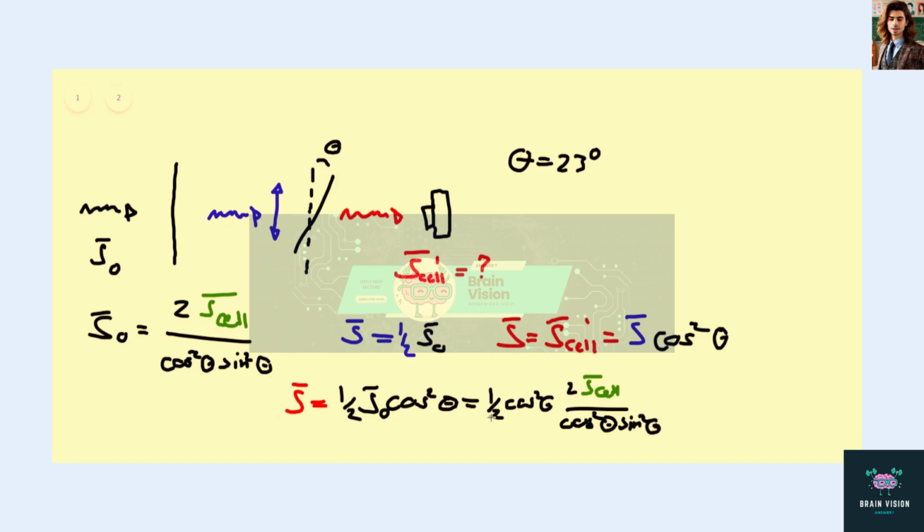The 1/2 and the cos squared theta cancel the 2 and the 1 over cos squared theta, and you're just left with S bar cell over sine squared theta, which is equal to 720 watts per meter squared. And so this is our final